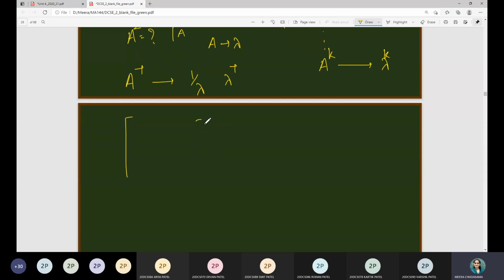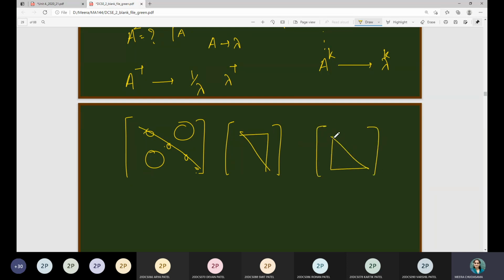Third thing is, if you consider any diagonal matrix, meaning this entry as a diagonal element, elsewhere it is 0, then such a matrix has eigenvalues precisely the diagonal elements. In this case you do not need to go into any computations, directly the diagonal elements are the eigenvalues. Not only for diagonal matrices, if you consider any upper triangular matrix or lower triangular matrix, then their diagonal elements are precisely the eigenvalues, right?